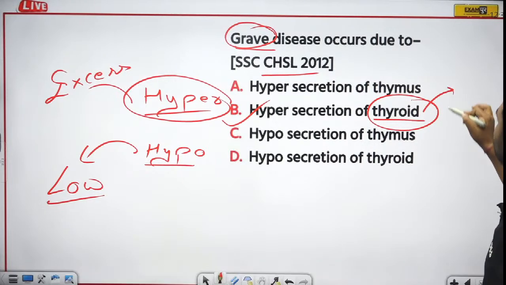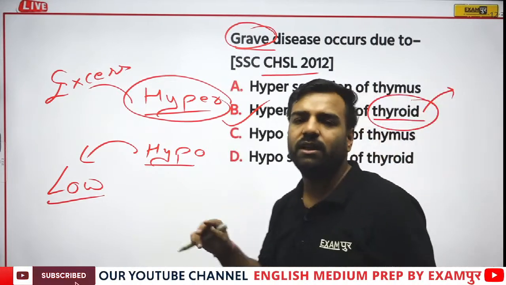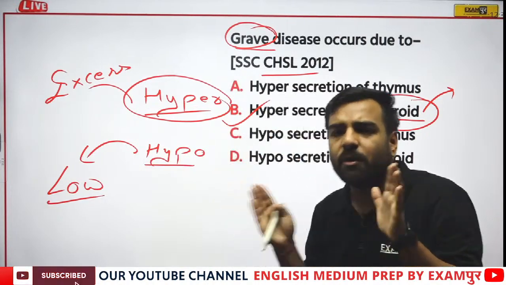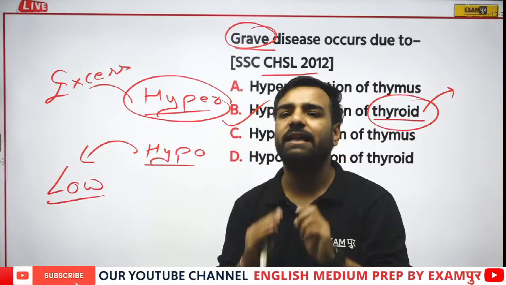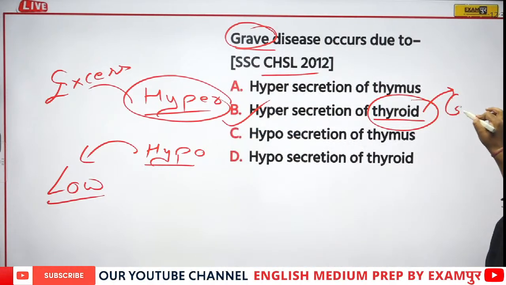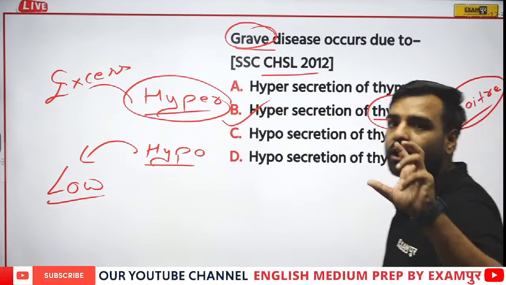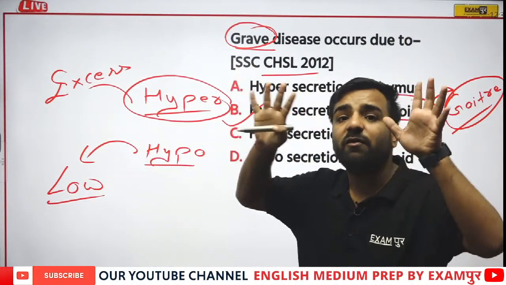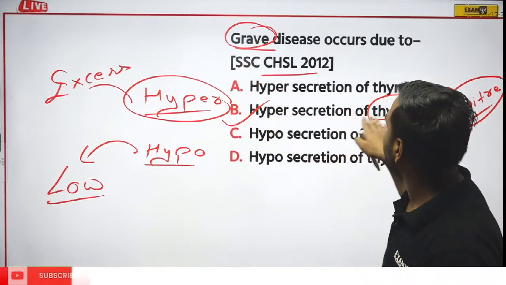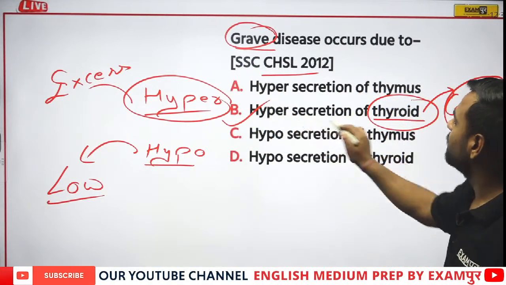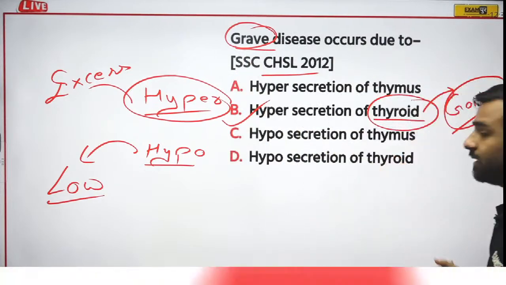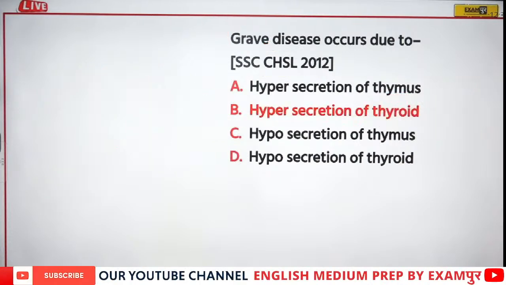Now, what will happen if there is a lack of iodine in our body? Then thyroxine will not be created in the proper manner. The swelling of this gland is known as goiter. So there's a difference between the two. If someone asks you what goiter is related with, it is related with thyroid. In the same manner, Graves' disease, in which puffing of the eye is there, is also related with the thyroid. So hypersecretion of thyroid, that is extra secretion of thyroid, will lead to Graves' disease.